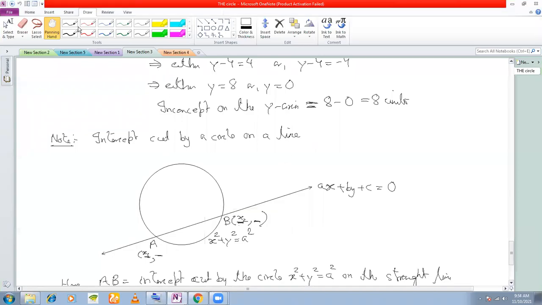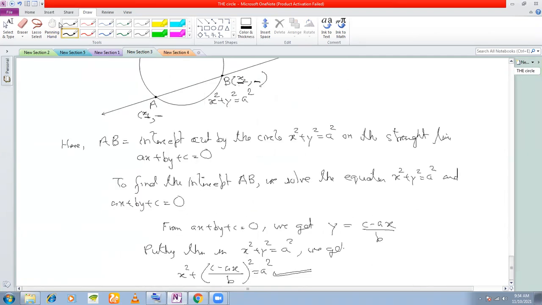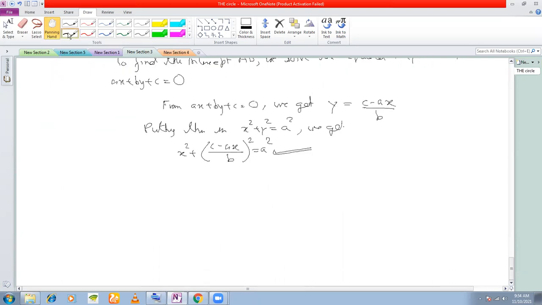It intersects the circle. A straight line intersects the circle at 2 points, right? If you see in this figure, this straight line is intersecting this circle at 2 points, A and B. Okay. Now, if the same straight line intersects the circle at only 1 point, okay, if a straight line